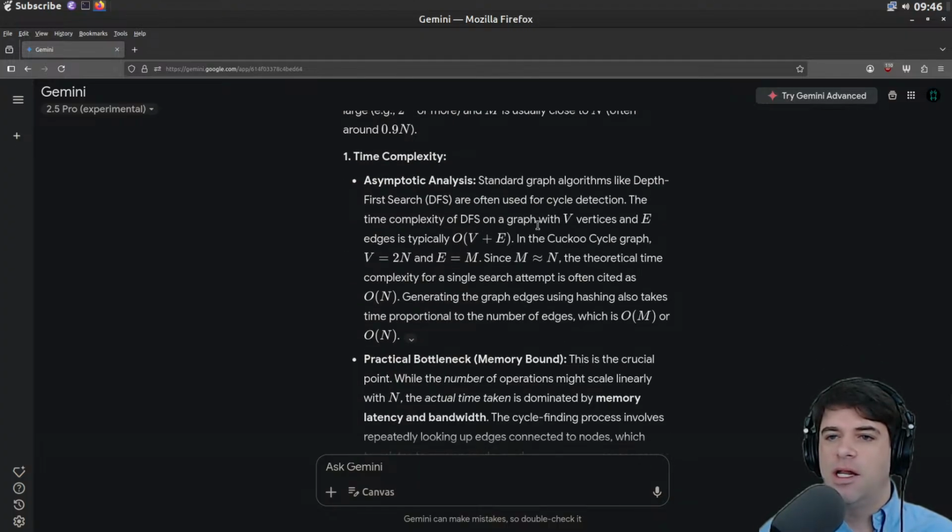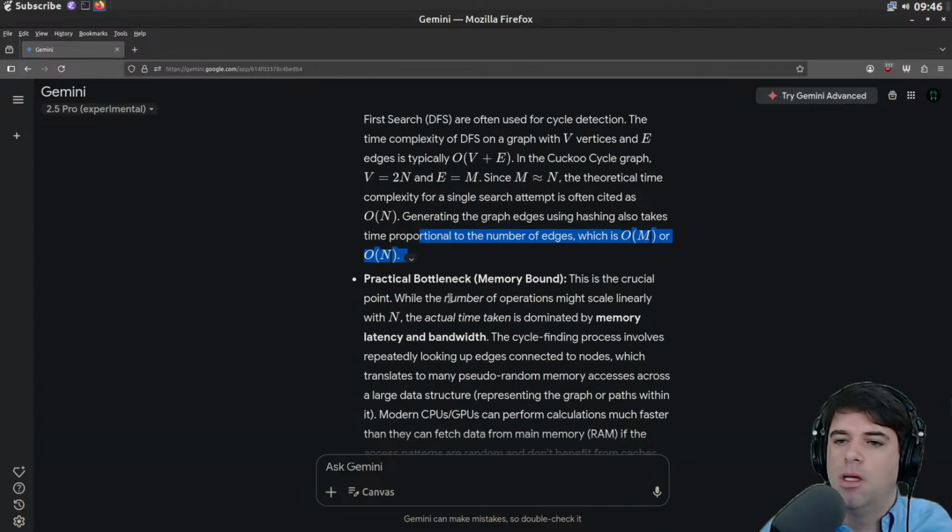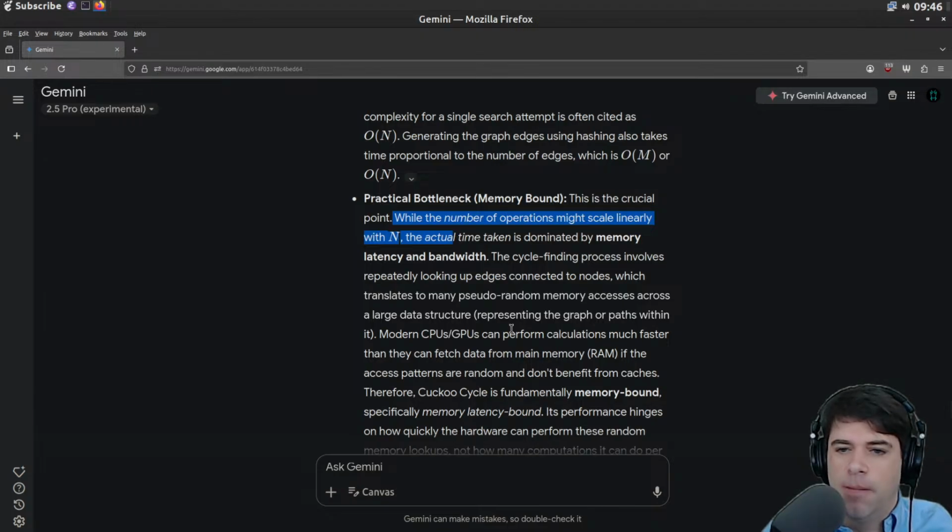And for the asymptotic analysis, standard graph algorithms like DFS can be used for cycle detection. That would be O(V+E), which is about O(m). And the practical bottleneck is the memory bound. So I guess it's the space complexity that they're worried about. This is the crucial point where the number of operations might scale linearly with n, but the actual time taken is dominated by memory latency and bandwidth.